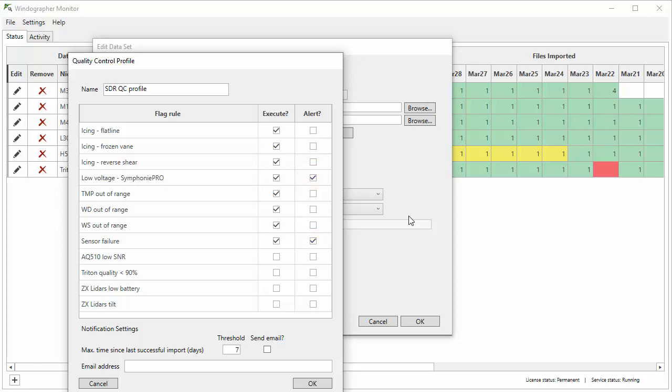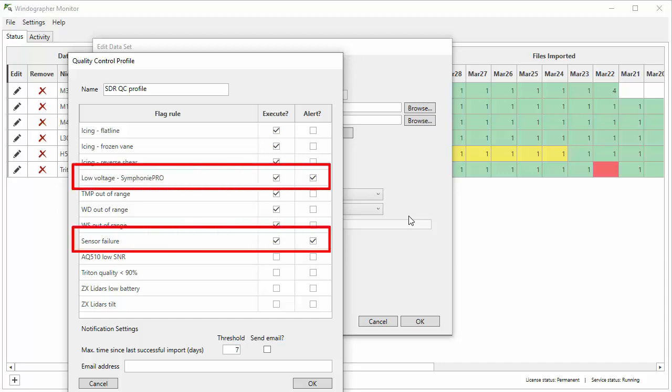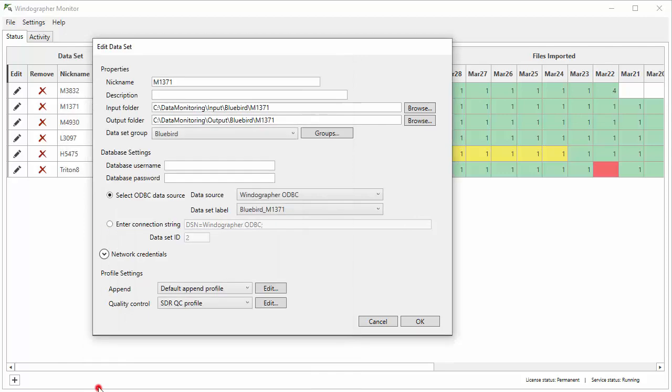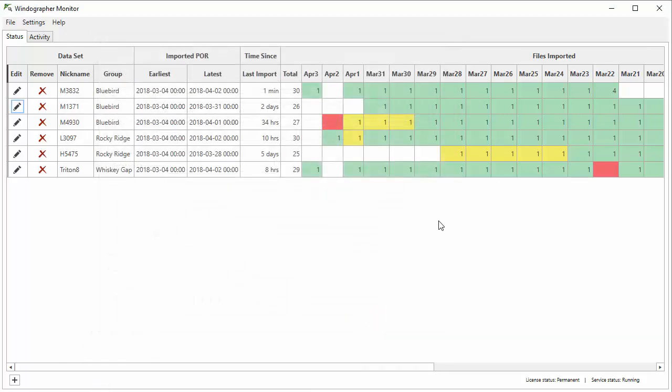But a sensor failure or a dead battery or a lightning strike, that's an emergency, a data emergency anyway. If anything like that happens, I want to know about it immediately so I can send a crew out to that tower to fix the problem right away. So if either of these rules catch and flag any data points, then Windographer Monitor will alert you with this